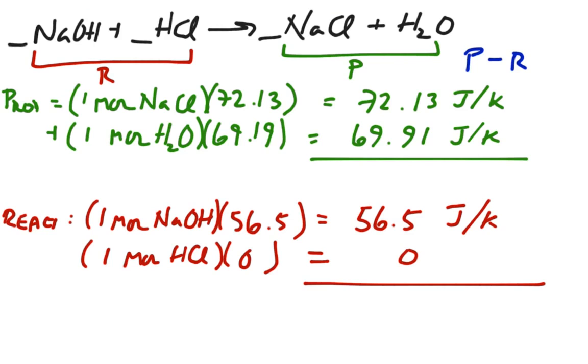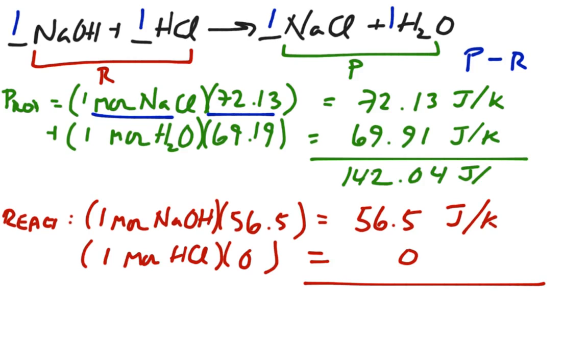So here's an example problem you might find. First thing you want to do is balance the equation, but upon checking, you find that it actually already is balanced. And so ultimately what we're going to be doing here is using the constants for each of these values to obtain a product side entropy and a reactant side entropy, which we will then subtract. So I've set up the problem where 1 mole of sodium chloride multiplied by its entropy constant gives us 72.13. Added to the other product, water, we come up with a total value of 142.04